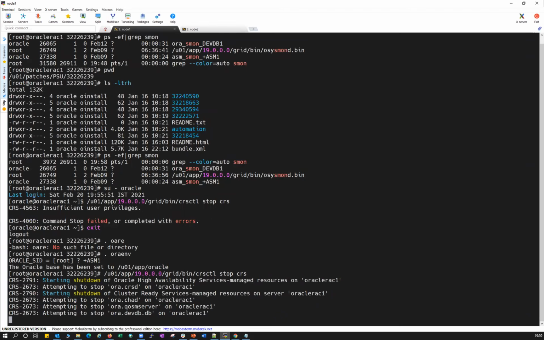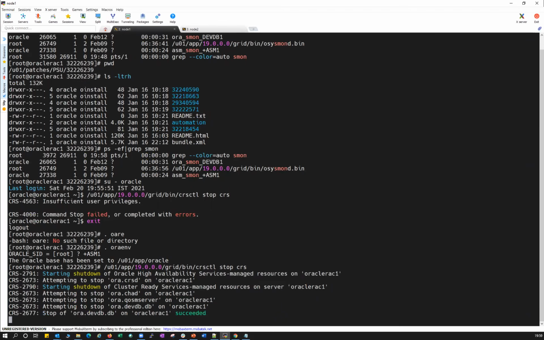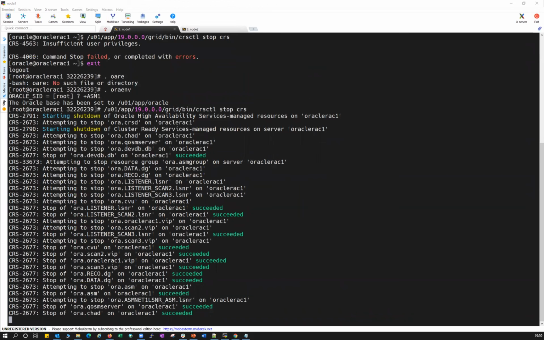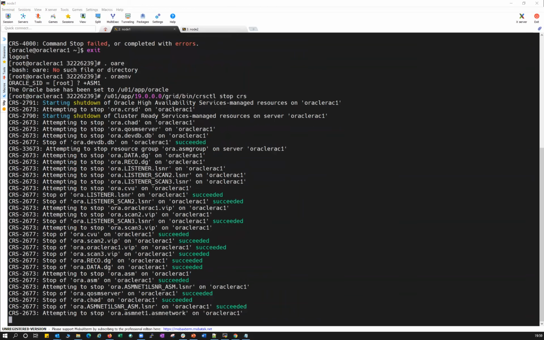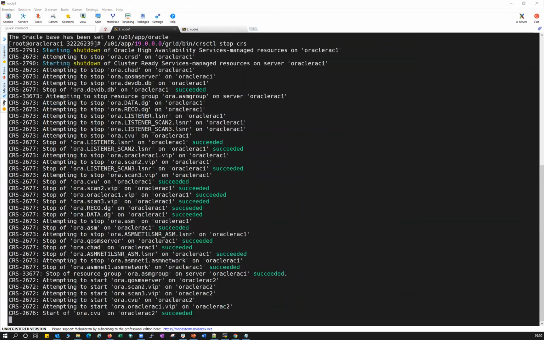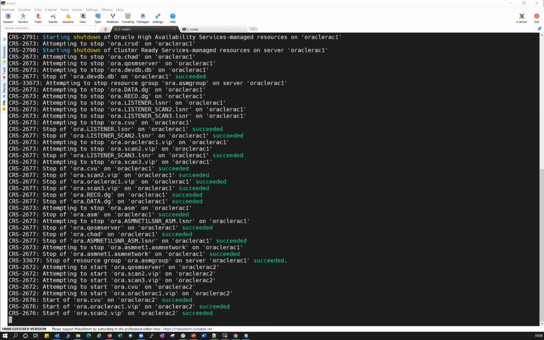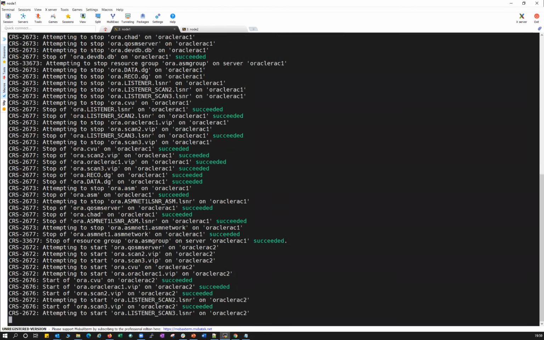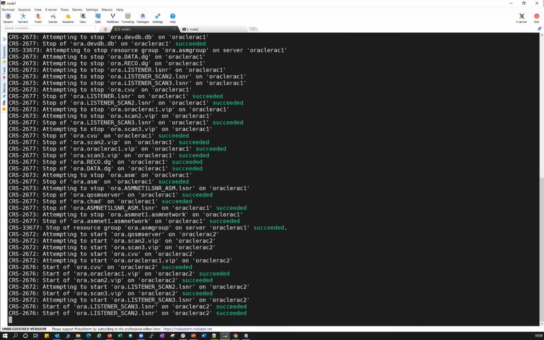Surender, I will tell you how to check that patch information in a minute. Is stopping the CRS still required if we are running the pre-patch? Yeah, the pre-patch command basically does the shutdown. If your cluster is already up, it will shut it down and run the pre-patch. If your cluster is already down, it will bring it up and bring it down again.